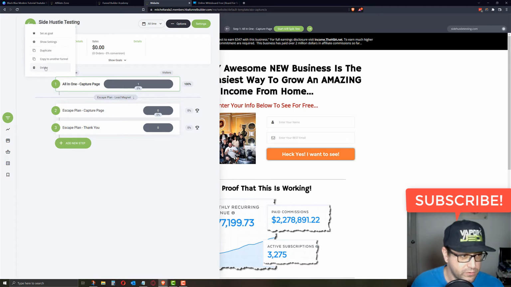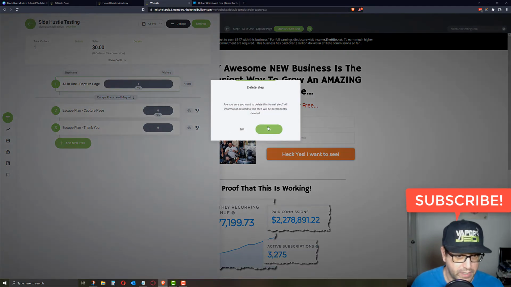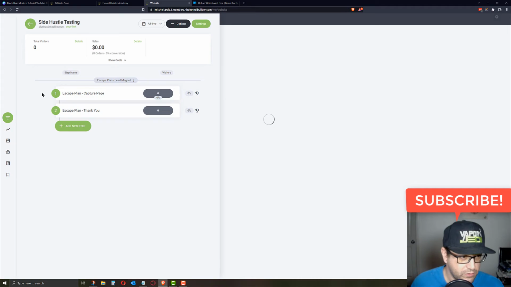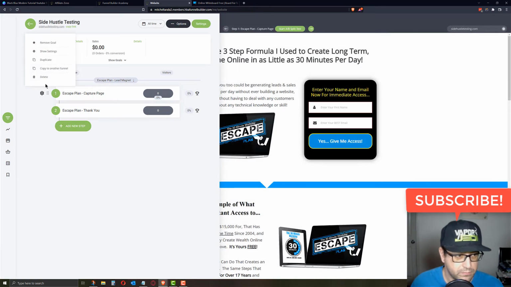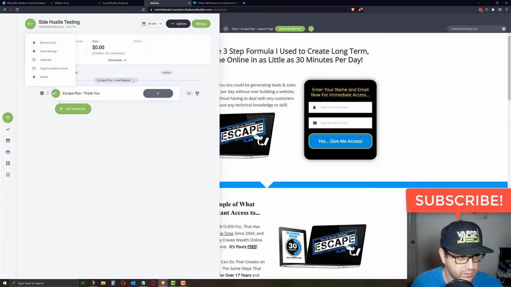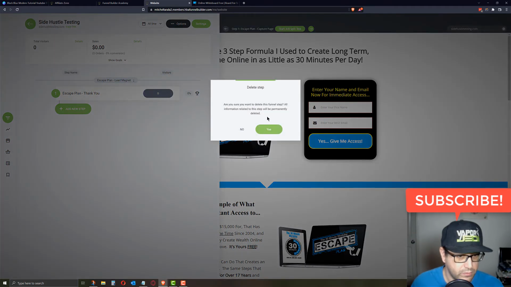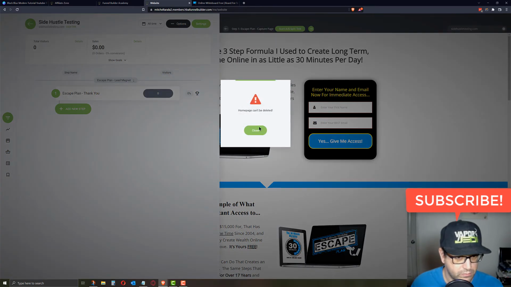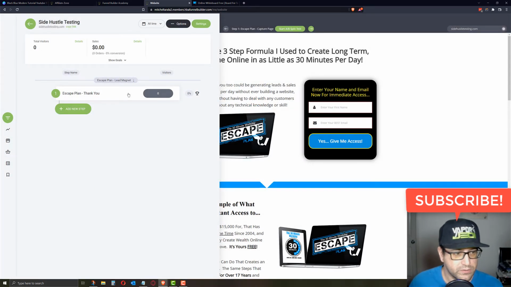You can get them back too. They're in the templates, so don't worry if you want to get it back. You can just delete it, and you can go get them back from the template library. So we're gonna delete these, delete. Okay. And, so yeah, it's not gonna let me delete that because it's the only one,